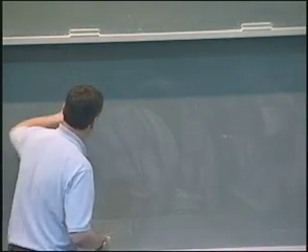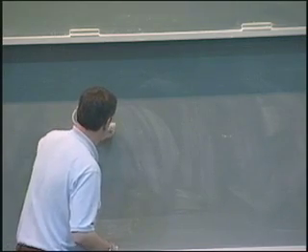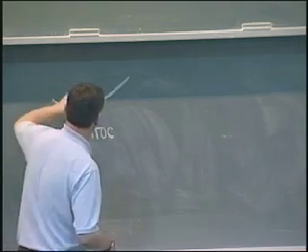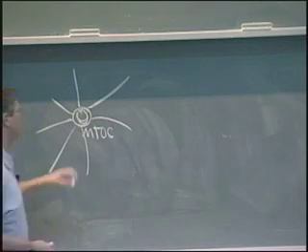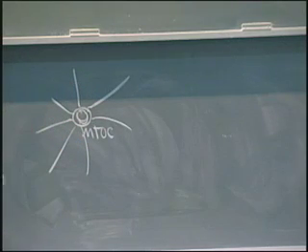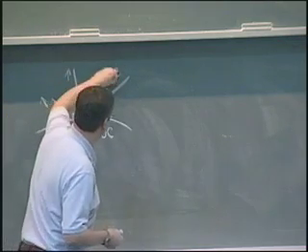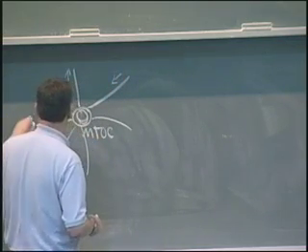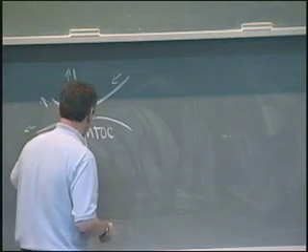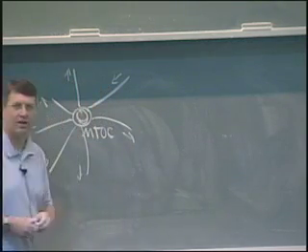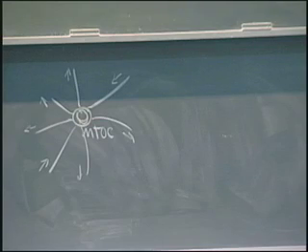So here we have our MTOC, and what I'm telling you is that in the cell, this MTOC is nucleating microtubules, and that some of these microtubules at any given time are growing, and at any given time, some of them are shrinking. Okay? And then what's the use of that? Well, the use of that system and that design is that it is a very adaptable and responsive and evolvable